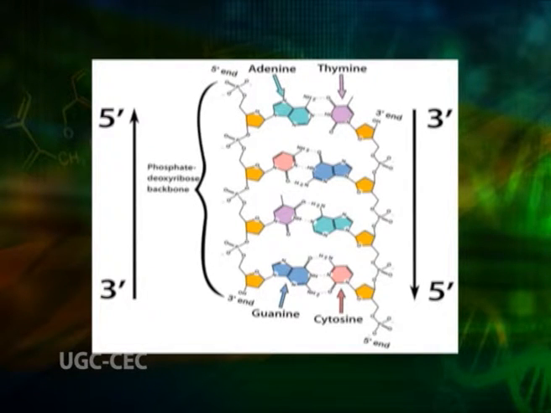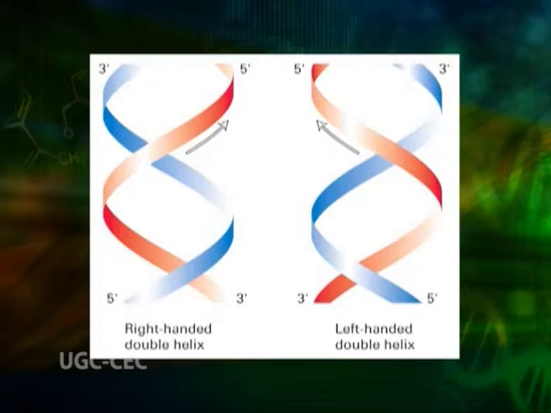That is, if one chain runs in the 3' to 5' direction, the other will run in the 5' to 3' direction, establishing a polarity. As we know, one base of one chain will be matched with the other by complementarity. That is, if the base sequence of one chain is known, the sequence of the other one can be predicted easily. Now, you can see 2 possible helical forms of DNA and they are mirror images of each other.